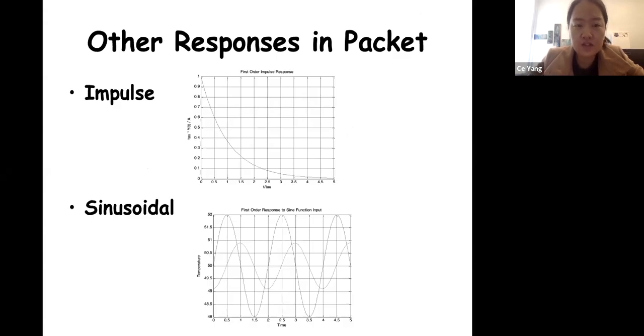We also introduced several other responses in the course package, such as impulse input and sinusoidal input. And we also covered a little bit more description of different inputs in the